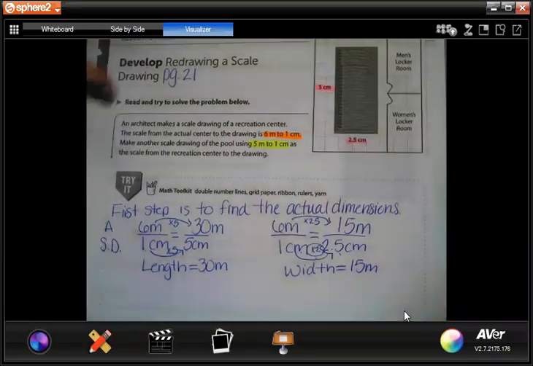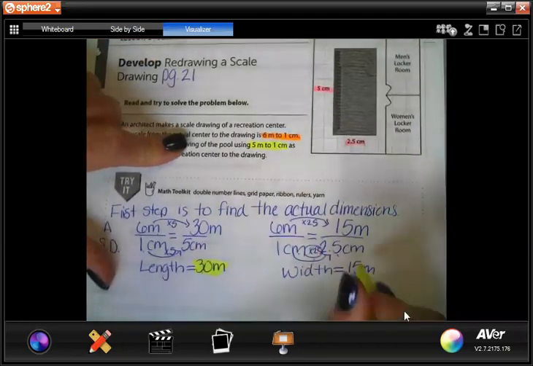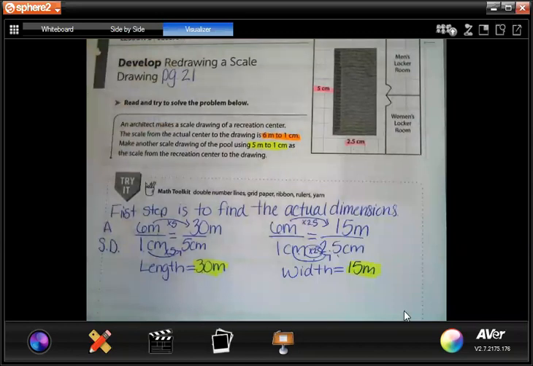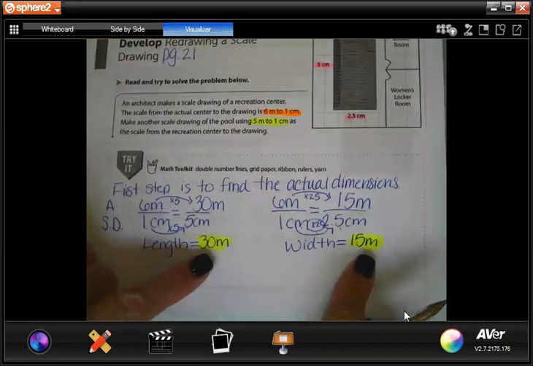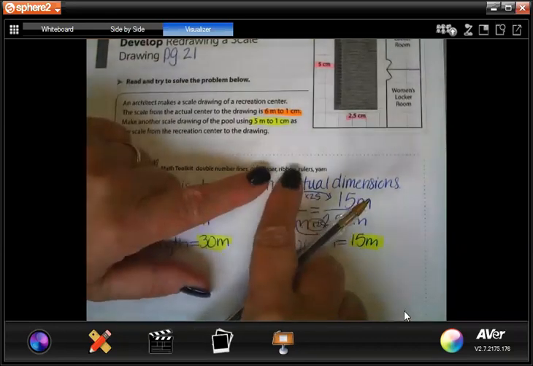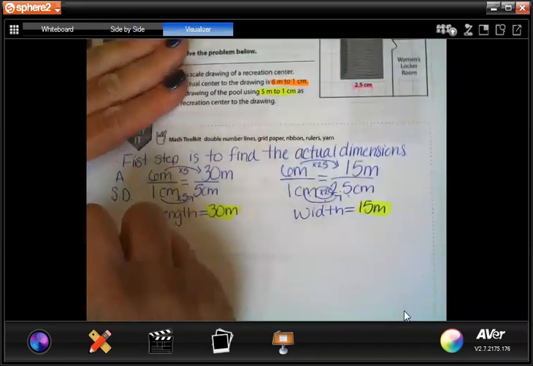Okay, so now that we have our actual dimensions, our length is actually 30 meters and our width is 15 meters. Now we have to draw a new scale drawing. And to do that, we have to use the actual lengths with this new scale. So next step